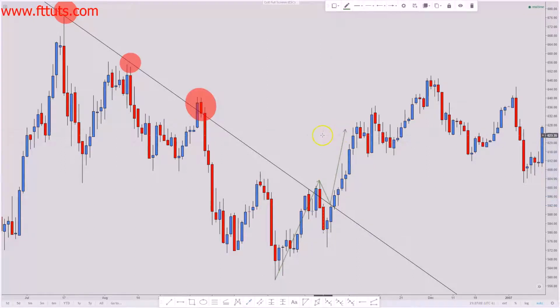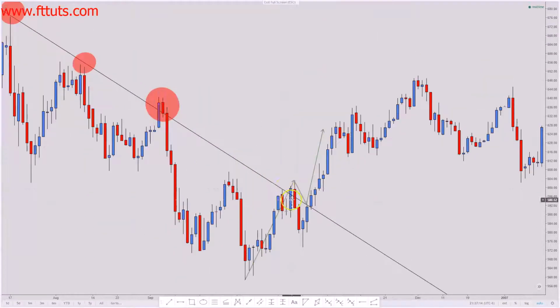All right. You can take it right when it breaks and closes above. But what I like to do is wait for it to break, and then you get a small retest, and then I'll enter the position because you get better entries. So right here, if you would enter it right here, you would have been faked out, and you would have had major drawdown, right? Because look how far it pulled back all the way down here.